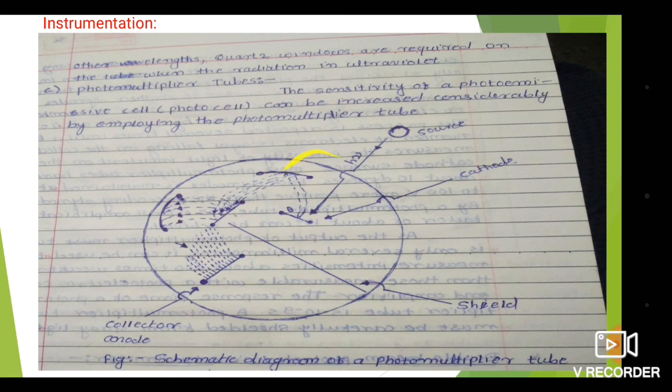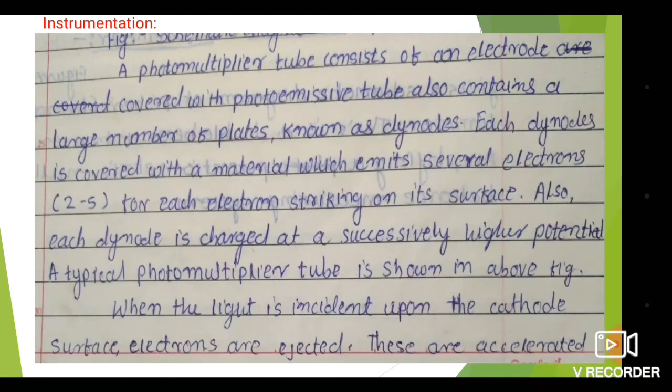So what happens here? First light strikes this dynode and electrons are ejected from it, and they get collected on the next dynode with a different potential. Such multiplication of electrons takes place several times, and after this they get collected on the anode and the intensity is measured. The intensity is directly proportional to the photoelectrons, and this intensity is about 200 times weaker than those measurable with the photoelectric cell and multiplier tube.